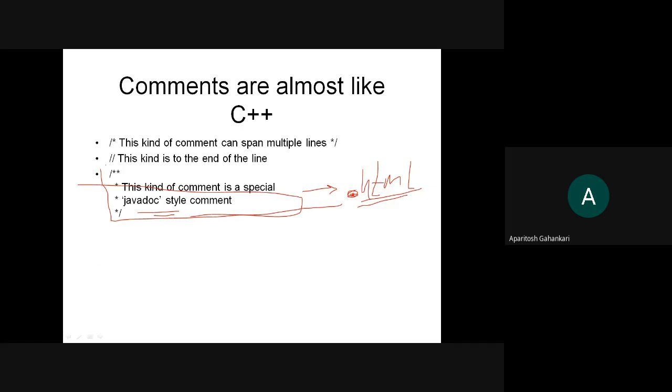This is a single line comment, this is a multi-line comment, and again this is a multi-line comment, but it is a Javadoc comment. That means whenever you want the documentation of your program, you can generate the .html file with the help of these Javadoc comments. Whatever you write in Javadoc, it will create an .html file for those Javadoc comments. Okay,